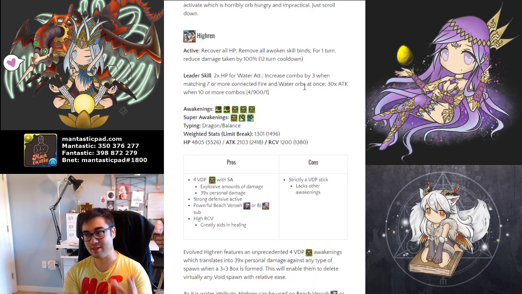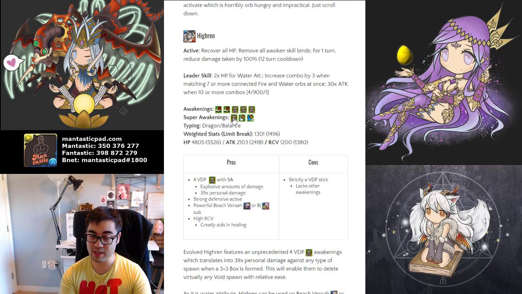So, Evolved Hiren, same active skill for your Get Out of Jail Free card, but they have the highest VDP potential from any card. They have 3 or 4 VDPs with Super Awakenings, which means they have 39 times personal damage against any spawn when matching that 3x3 box. That is truly outrageous, and like all 7-star cards in the Dragonbound Dragoncaller event, they have very high weighted stats